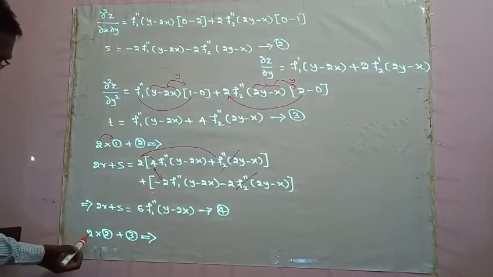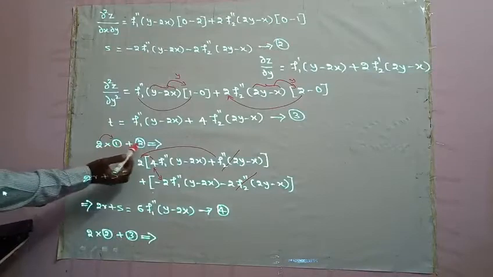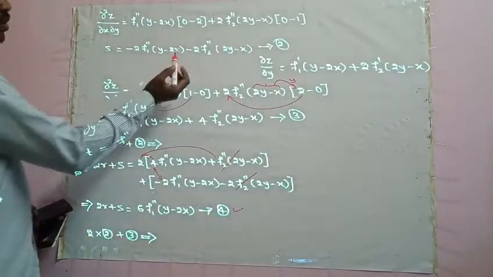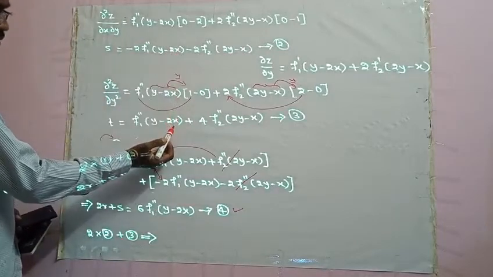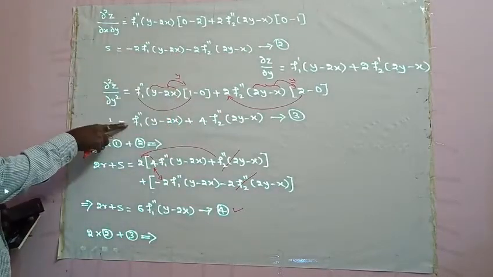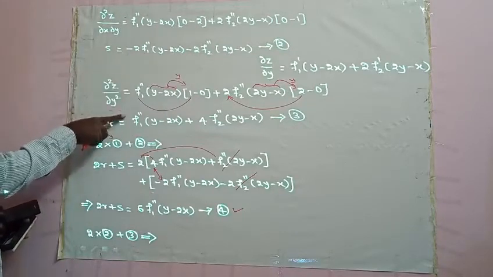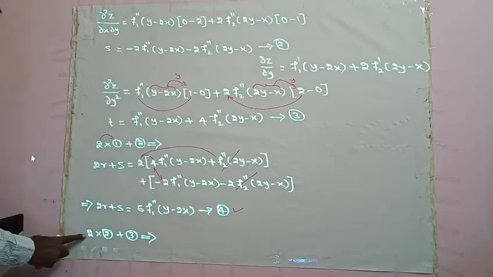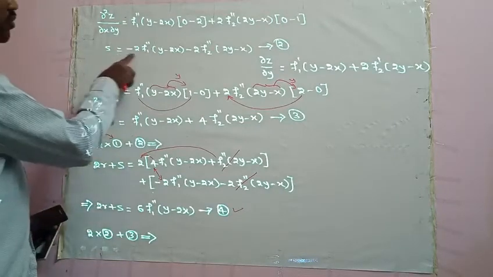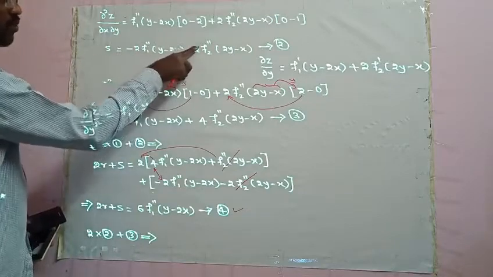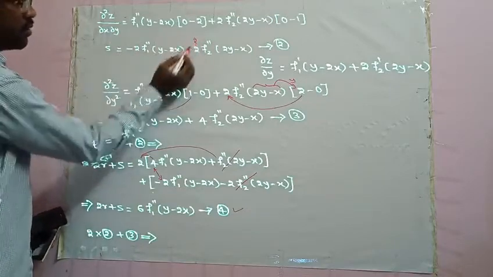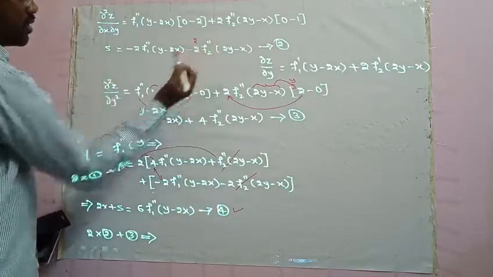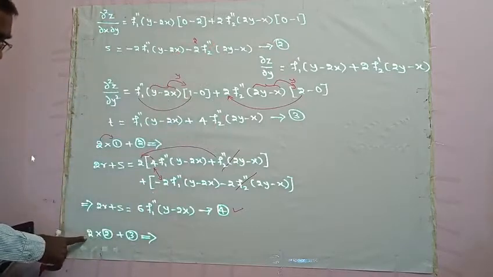So let's go for combining 2 and 3. By combining 1 and 2 we got one equation. Now we combine 2 and 3. Where is 2? 2 is here. 3 is here. Now what has to be done for the cancellation? We multiply 2 with equation number 2. If you multiply 2 with this, it gets 4 here. If you multiply 2 here, 2 2s are 4, that is minus 4 plus 4. You can cancel after addition. That's why we are multiplying 2 with equation number 2.